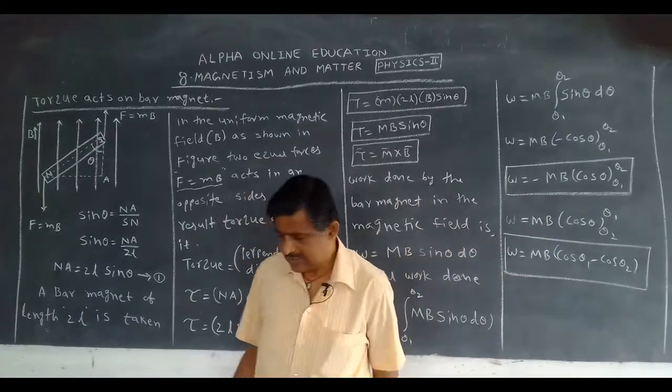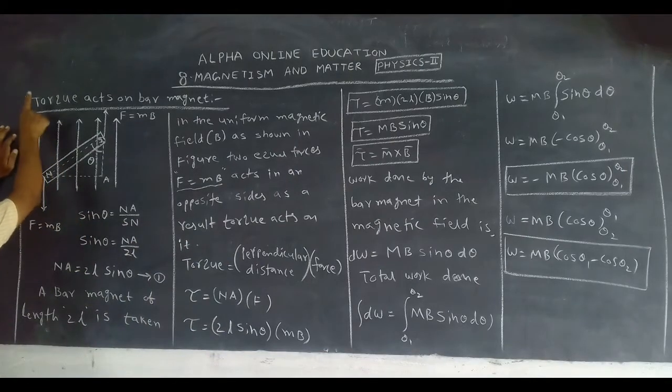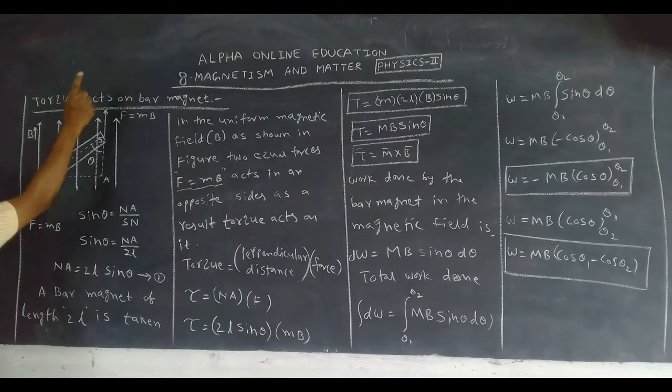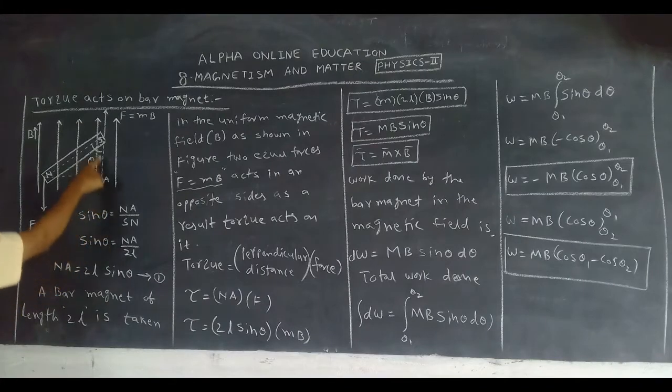Now, this is the uniform magnetic field. It is in the upward direction. In this field you suspend the Bohr magnet. It is like this: here the south pole and here the north pole. Immediately, torque experienced on it means two equal forces act in opposite directions. One force is in this direction, another force is in this direction. Now from the figure, what can we write? Sin theta, this is the angle.